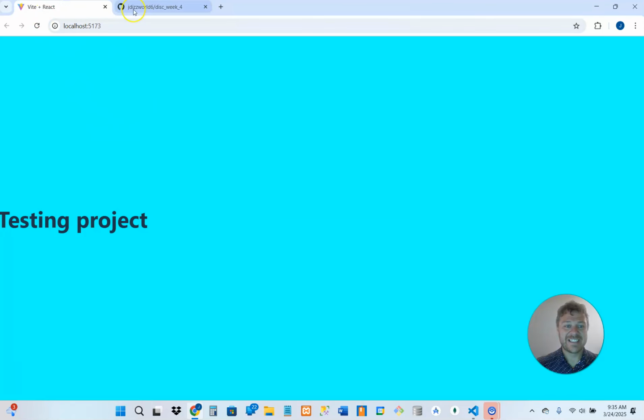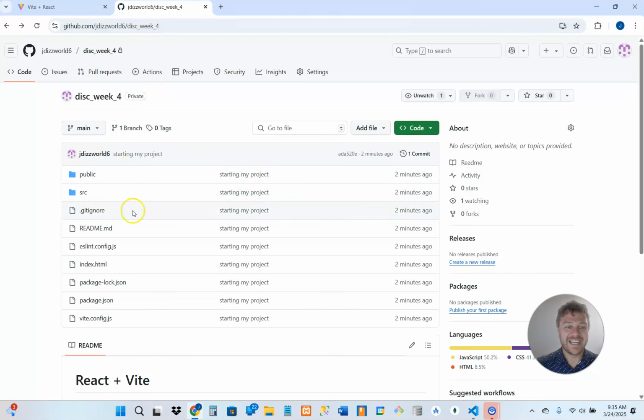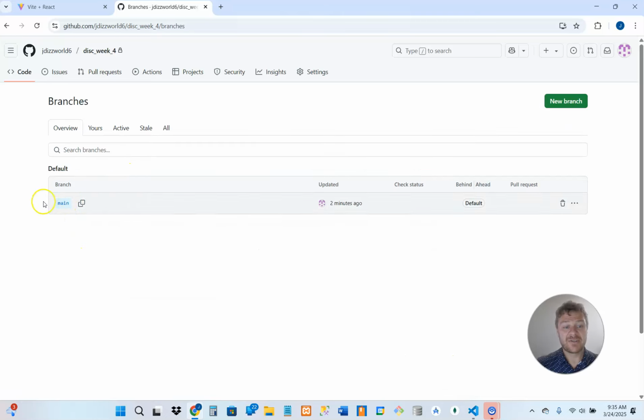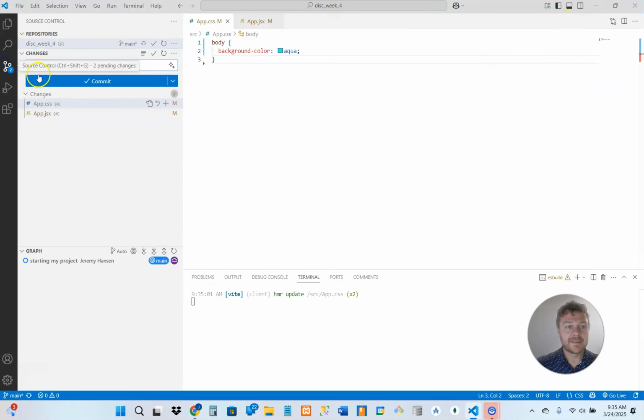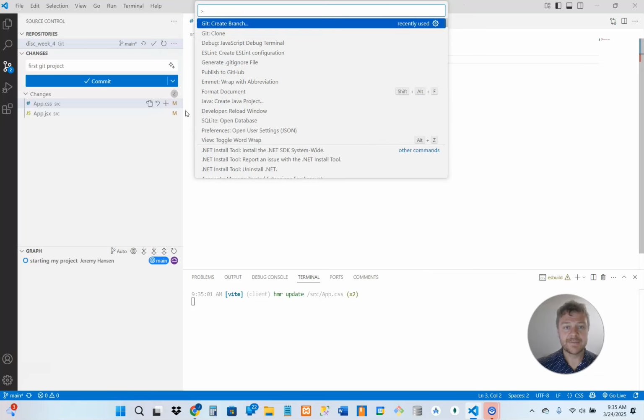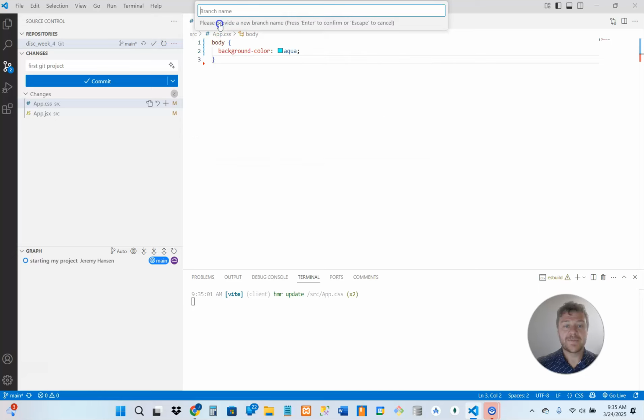So this is the branch. Now I'm done for the day, and I just want to save this as a new branch, so that way I can go back to this branch if I screw something up, which has been known to happen. So I can come here. I can go Shift Control P. I don't know what it is on Mac. But Shift Control P, and you see here I can create a branch, and this branch name will be, sometimes